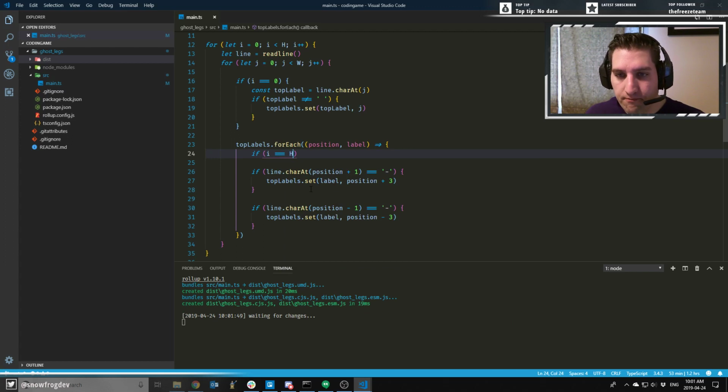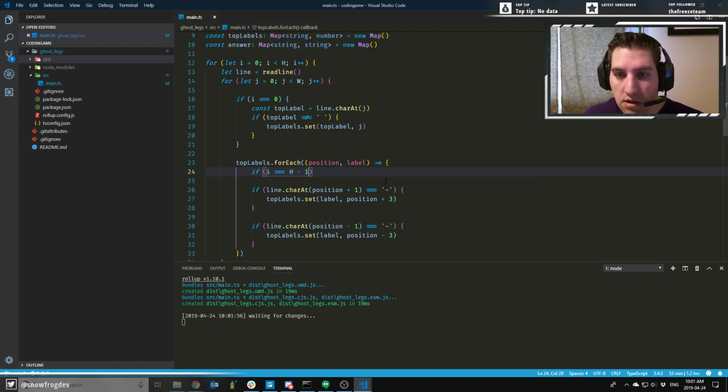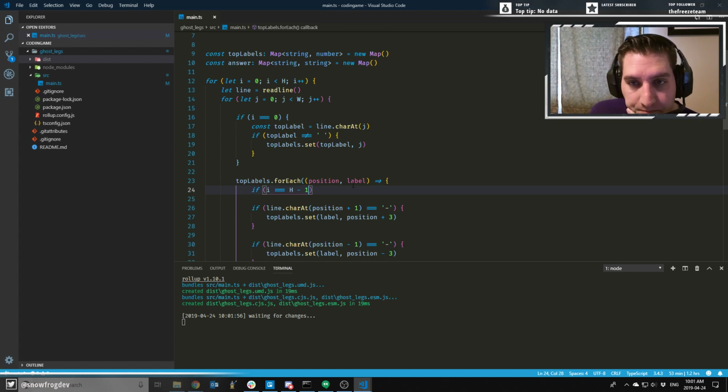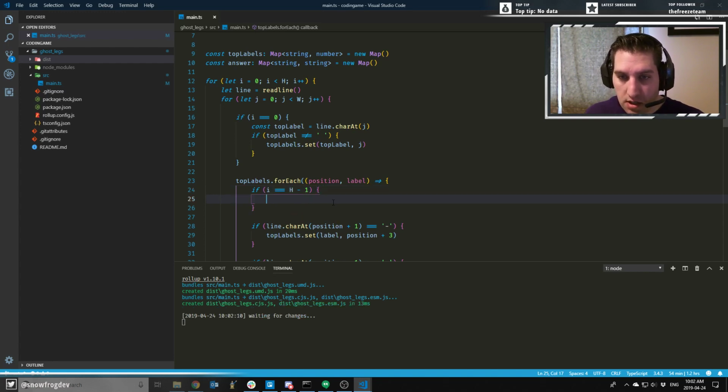Is that it? Height minus 1, right? Because we're 0 indexed. Yeah. So if I is equal to h minus 1, what we want to do at that point is